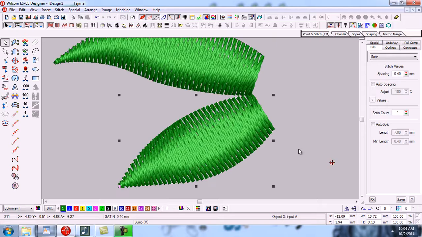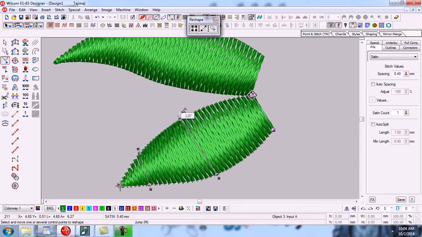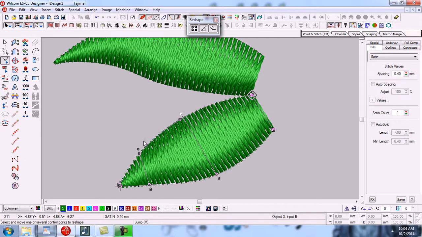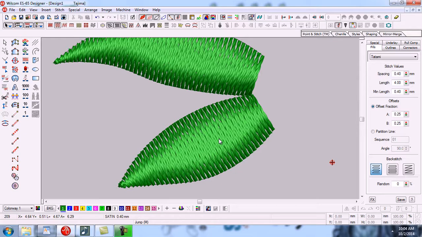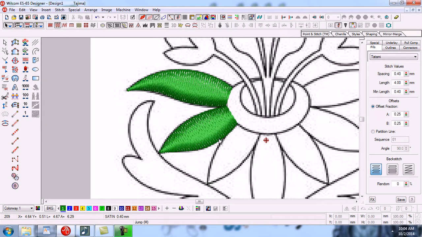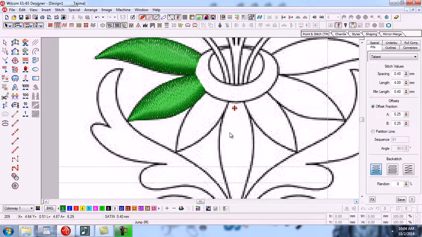Now we will show the image and press the H button on our keyboard. Now we can set the stitch angles. So in this way you can make all these objects. This type of object we can make with input A easily.